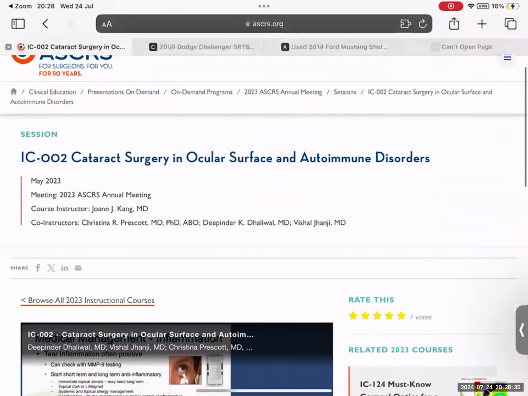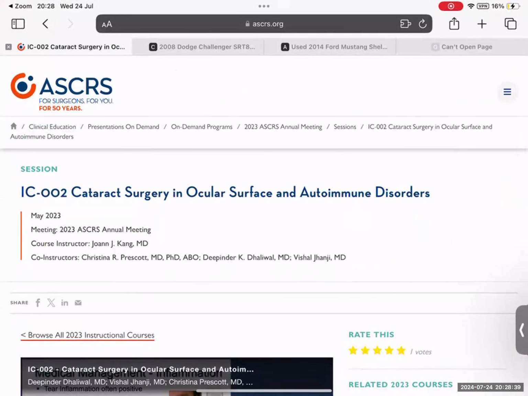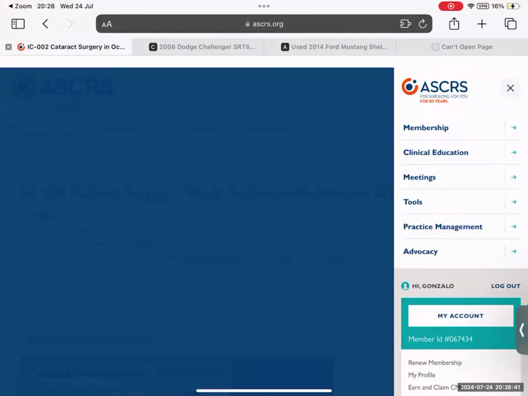Well, these patients are often very inflamed. Inflammation is really the hallmark, and you can't not treat the inflammation. So often these patients will be positive on